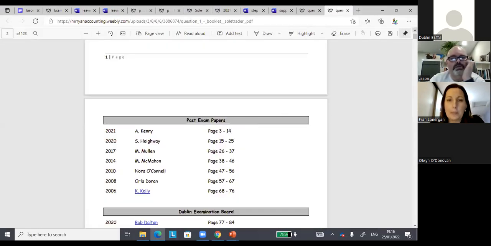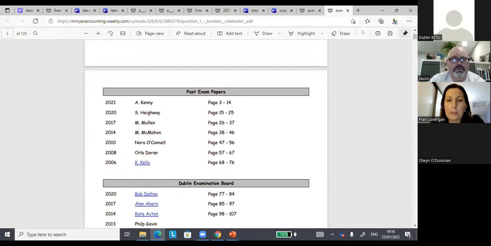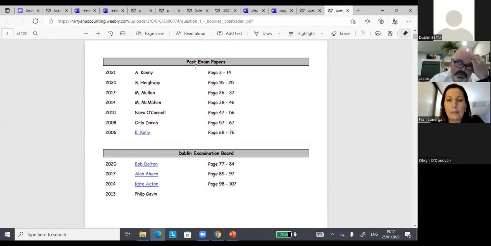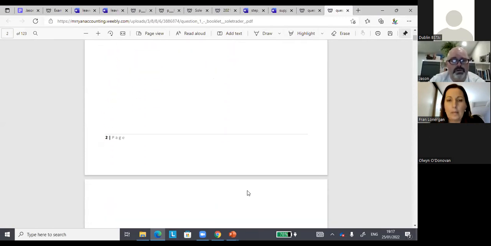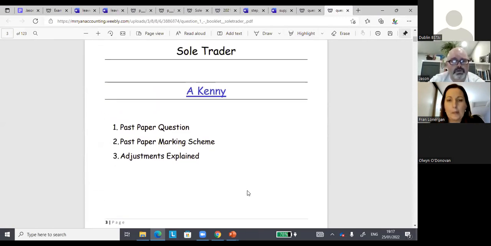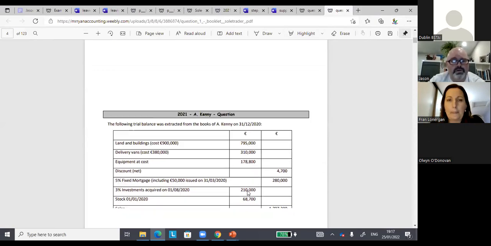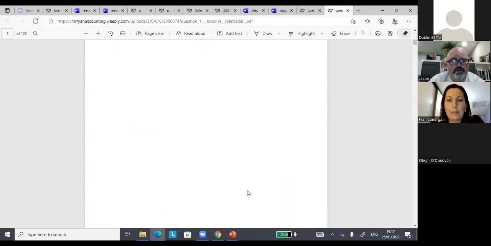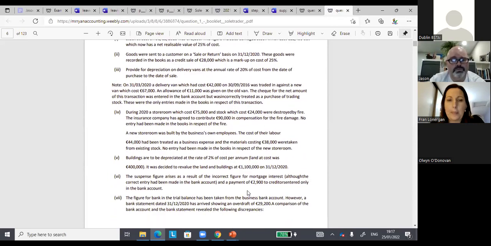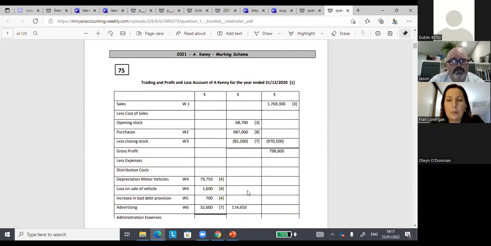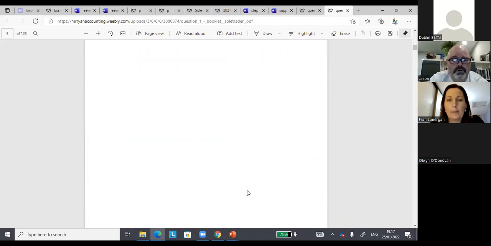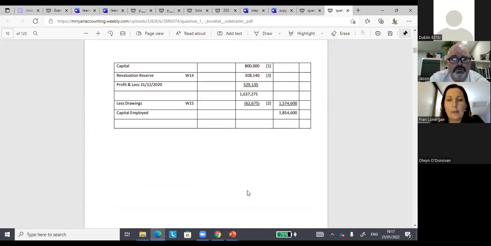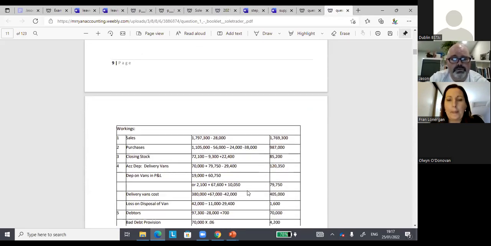All these once again are on the website. This booklet has all the adjustments on it. It's past exam papers for all the sole traders and for the DEB as well. On them they'll have the exam paper, the suggested solution of the marking scheme, and then my workings as part of that document.